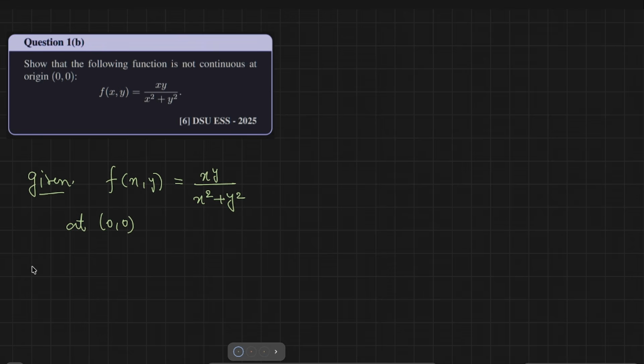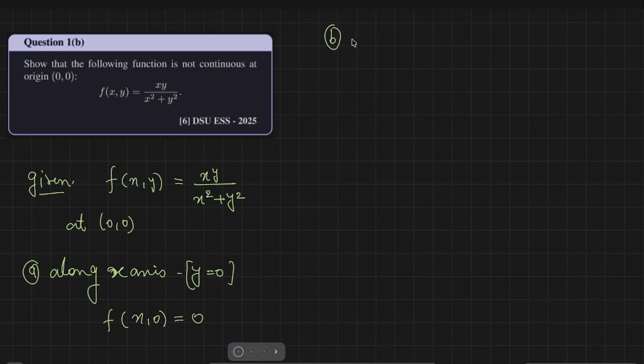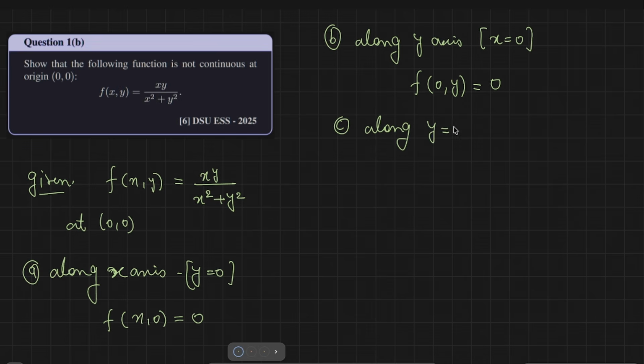So at 0 comma 0, first you check along the x axis. It means y is equal to 0. Once you put y equal to 0, f of x comma 0 will be 0. When you take along the y axis, meaning x is equal to 0, f of 0 comma y is equal to 0. Now third, you take along, let's say, y is equal to mx. So f of x comma mx,